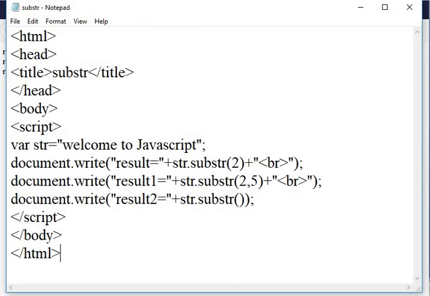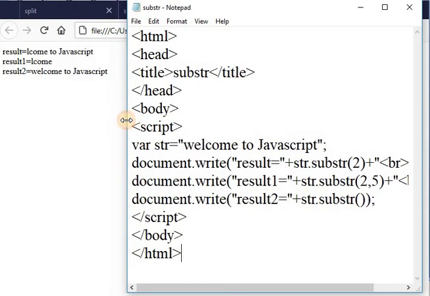In the given program, first of all we pass only 2, that is the starting index, so it starts from the second index, that is 0, 1, 2, up to the rest of the characters. In the second result it returns from index 2 for 5 characters, that is 1, 2, 3, 4, 5. It returns welcome as a result on our web page.